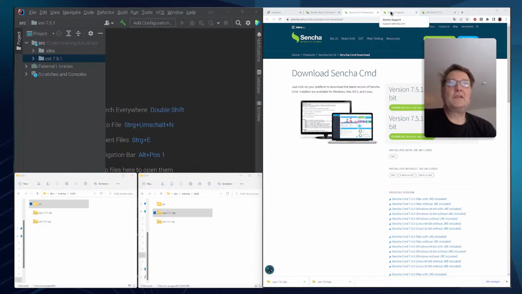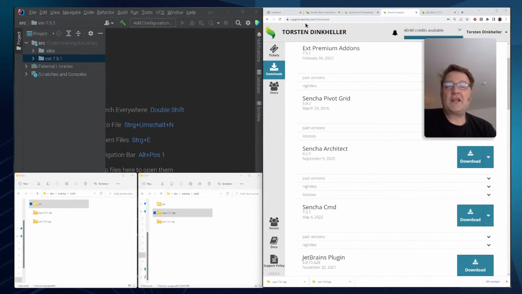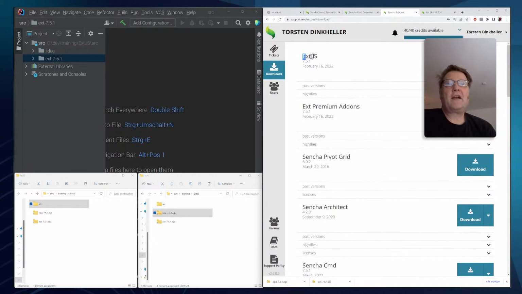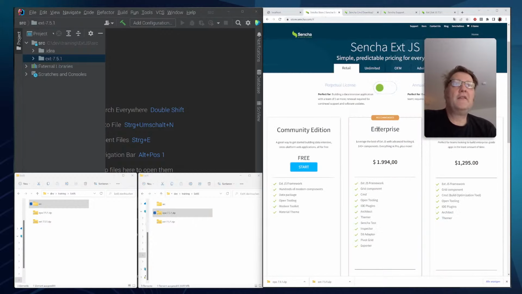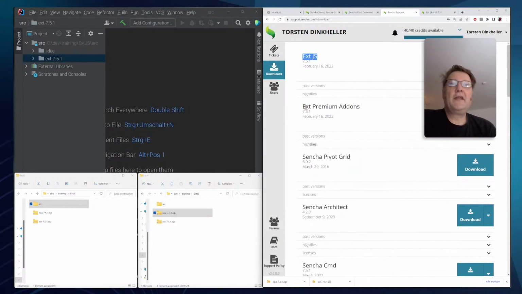Because the next thing you want to do is head for support.sencha.com, download. And in here, what you want to download are the ExtJS sources. For the community edition, that's a bit different. For the paid version, head here and get the ExtJS version. And if you bought the enterprise version, then you should also download the Ext Premium add-ons. That is important. And now, with both of these downloaded,